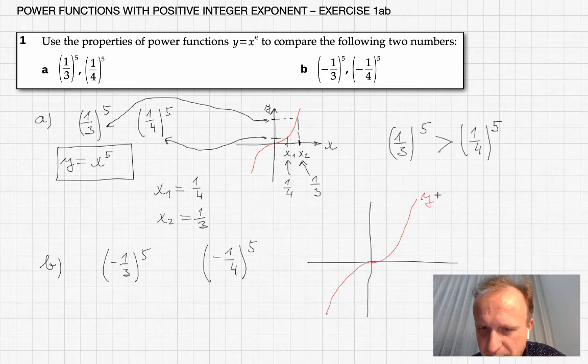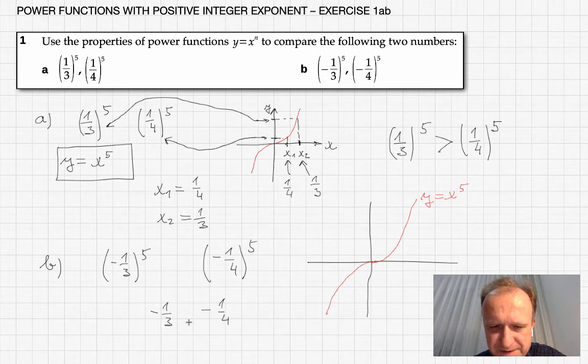So this is y equals x to the power of 5 because both numbers are function values of this function. And now one of those numbers, -1/3 and -1/4, is the smaller one and one is the larger one. So which one? So this is -0.33 and this is